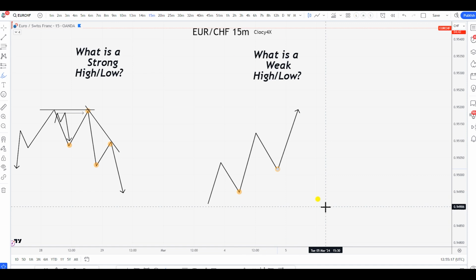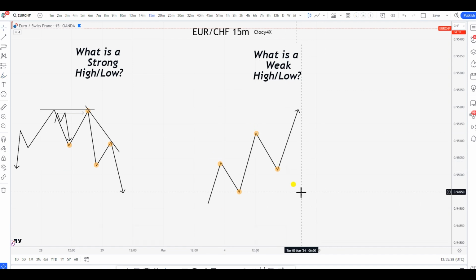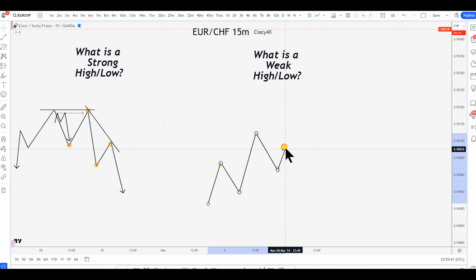And which one do you guys think is going to be my weak high or weak low? In this case, the weak high is going to be this one. The weak high is going to be this one, right? Why? Because the order flow is going up, okay? Therefore, if we are in a bullish scenario and we know that the price moves like this in waves vertically to the upside, I don't expect price to come over here, tap over here, come over here, and then do what? Go down? Yes, of course, it can do it because we do have this type of price action.